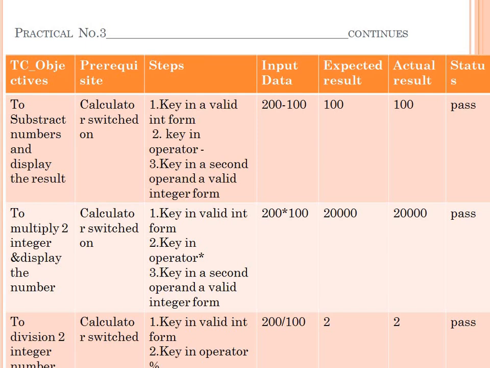Then the advantages of black box testing are, first, it is efficient when used on a large system. Second, the tester can be non-technical. The tester doesn't need knowledge of the internal structure; the tester only knows the input and the output. So the second advantage is that the tester can be non-technical. The third is that there is no need for the tester to have detailed functional knowledge of the system.